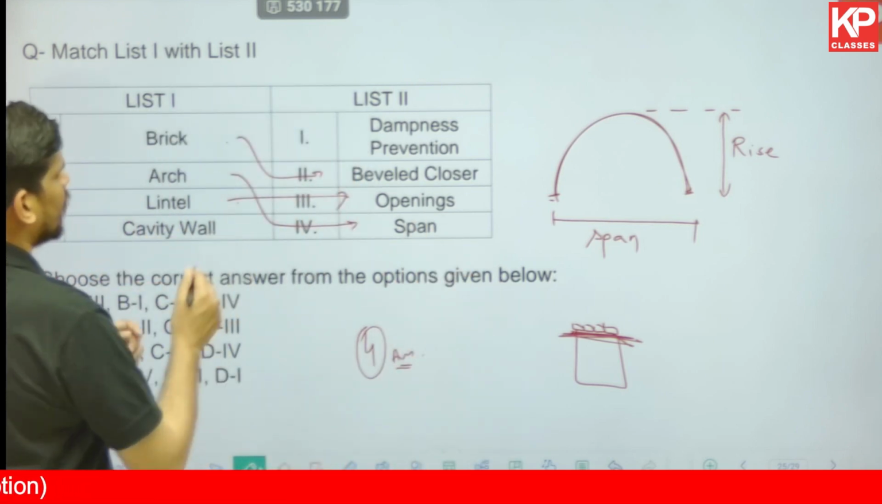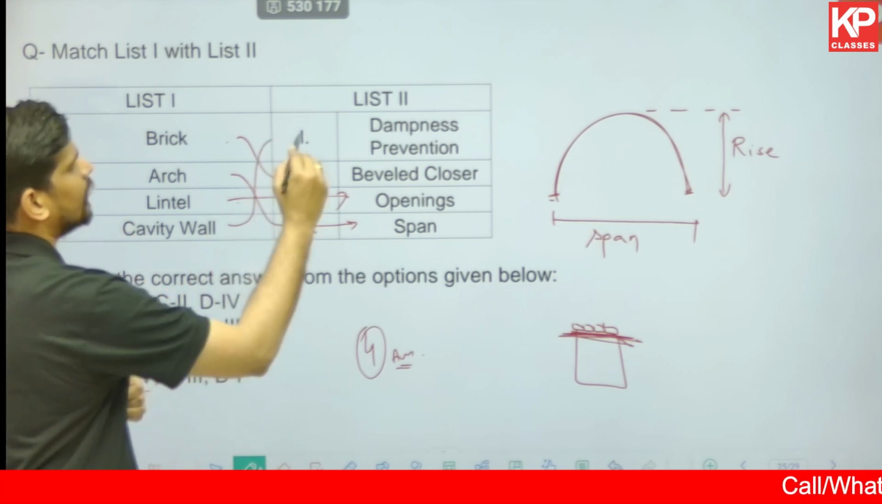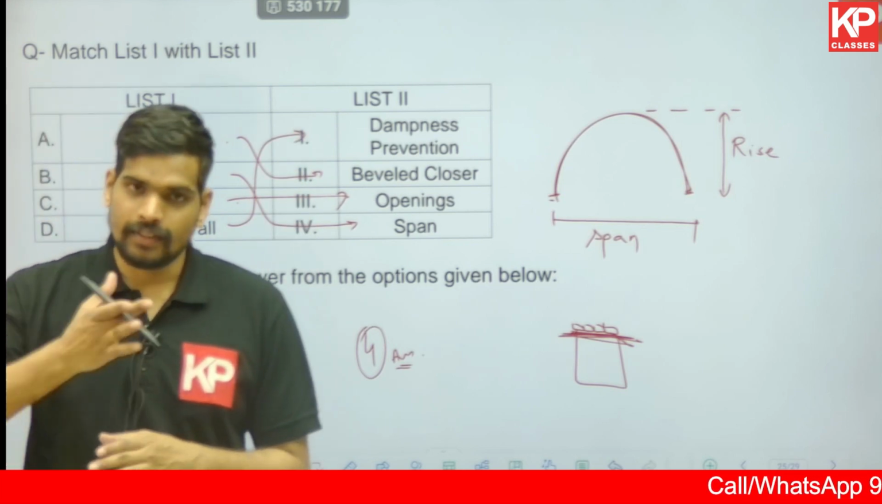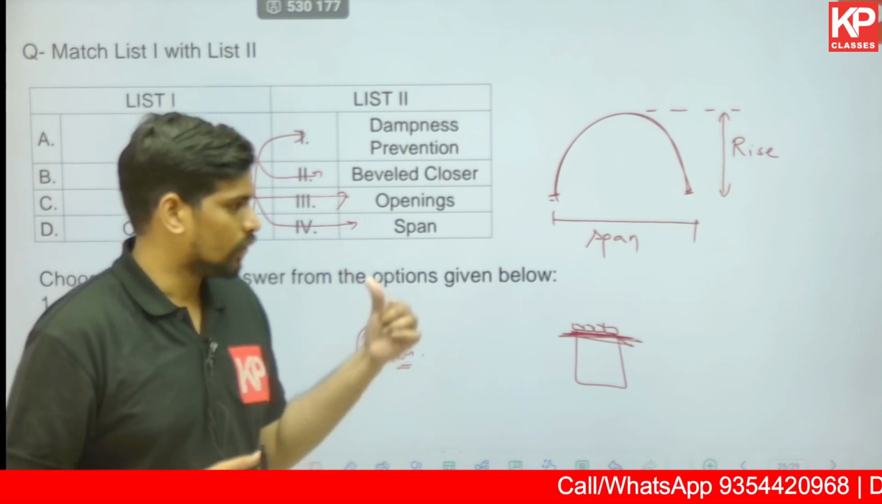And cavity wall has an opening in the center. It has a hollow cavity in it, and dampness prevention is an important aspect related to cavity walls. You don't want water to seep into the cavity wall, so dampness prevention